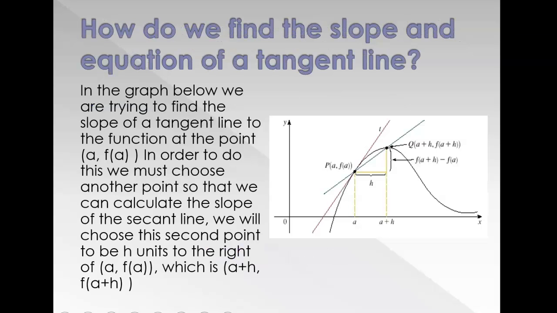Graphically, and I know yours is a little harder to see because it's not in color, what we have is a secant line and a tangent line. In this diagram, this line right here, which I'm off a little bit, represents the equation of the secant line. That line is the slope of the secant line. It is the change from point A to A plus H and up H. So the green is the secant. The purple